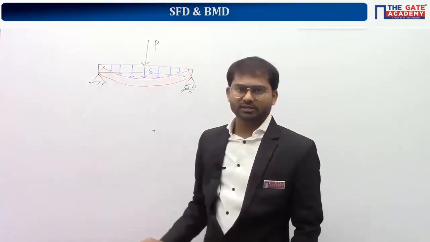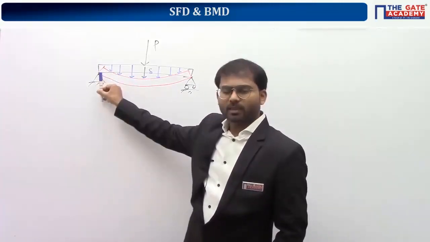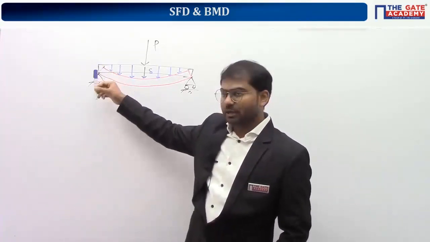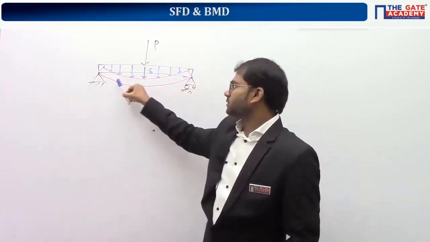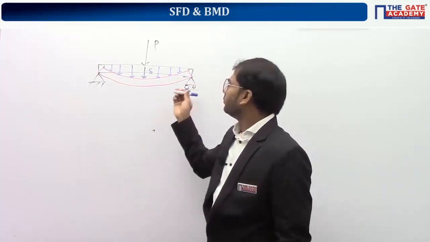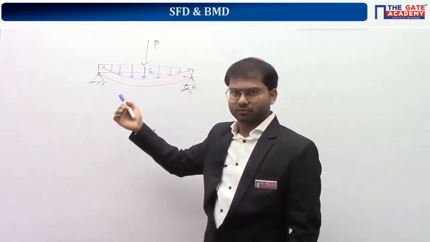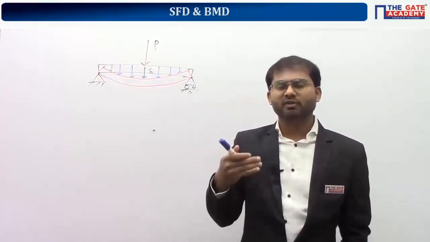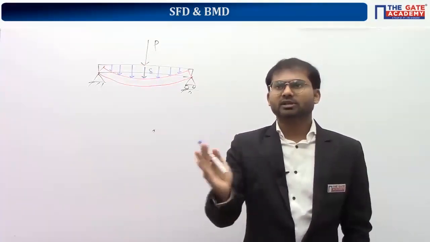But actually there is another force coming up from the supports. Another force is coming up from the left support, and another from the right support. So the beam is experiencing the effect of three forces. We are going to find out how much is induced due to all these three forces along the length of the beam, its variation along the length of the beam.